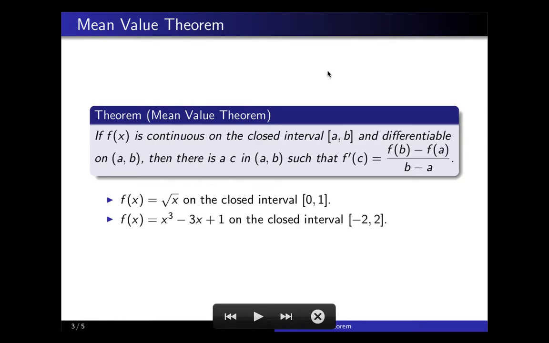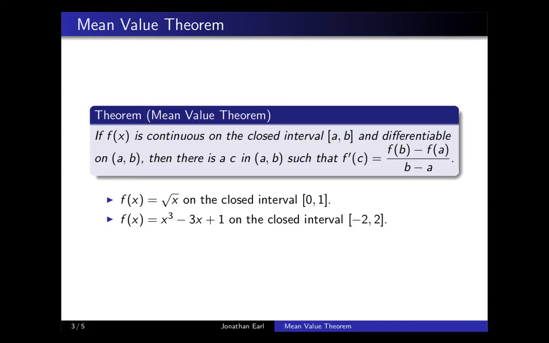Okay, so how does that help us? Well, so then there's this really handy result called the mean value theorem. So this one says that if you give me a continuous function on a closed interval from a to b, and it's differentiable on the inside of that interval, then there's going to be some point in the middle, which we'll call c, so that f prime at c is equal to f of b minus f of a